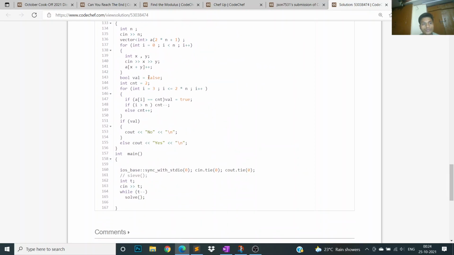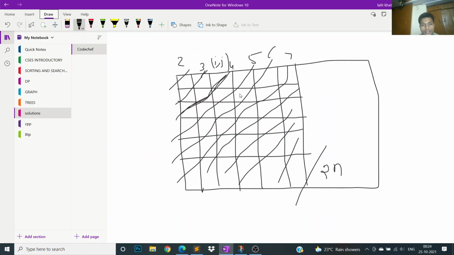So yeah, this is my solution. I'm just taking x and y and summing them. Now I'm taking the sum of these columns. If the sum of these columns is 2, I can't reach. If the sum is 3, 4, 5, 6, and then it will start decreasing. If it becomes more than this, then 7, 8, sorry, it will start decreasing like 5, 4, 3,